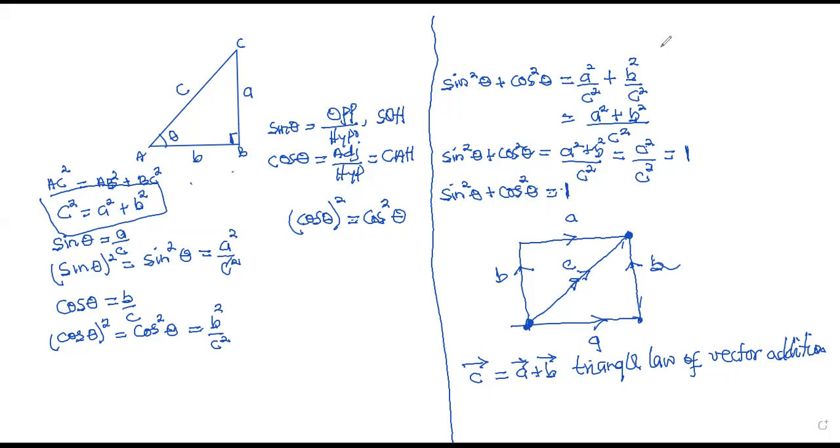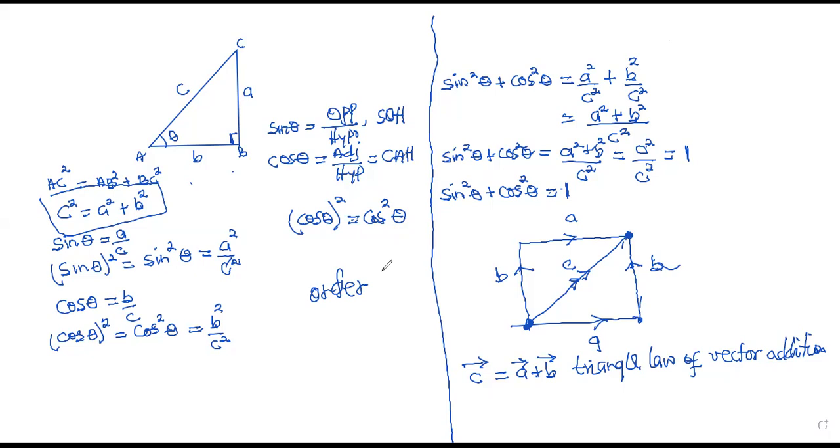I'll go over. So the triangle law of vector addition states that when two vectors are represented as two sides of the triangle, with the order of magnitude and direction,